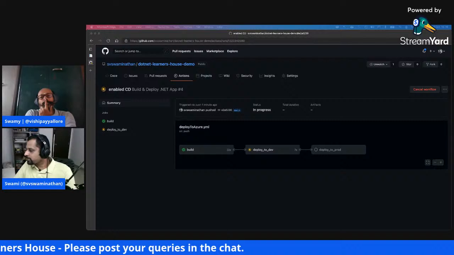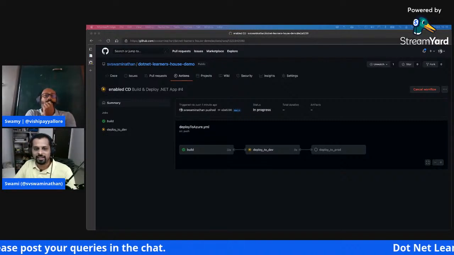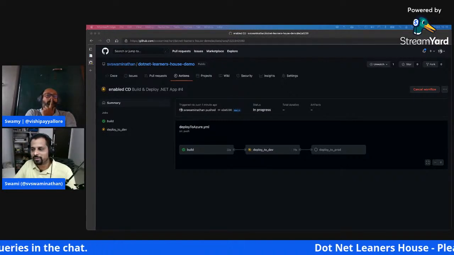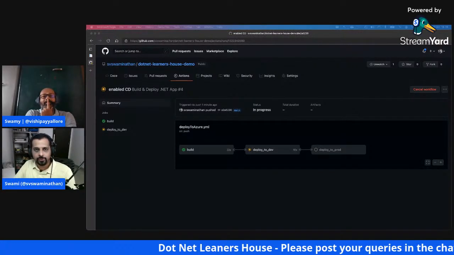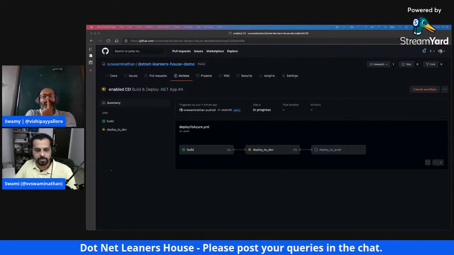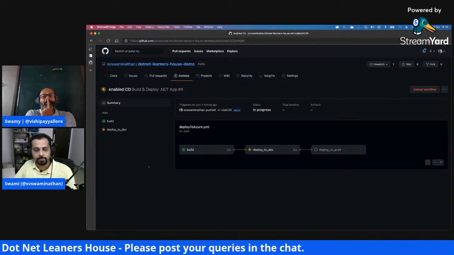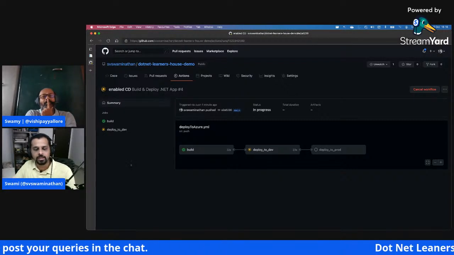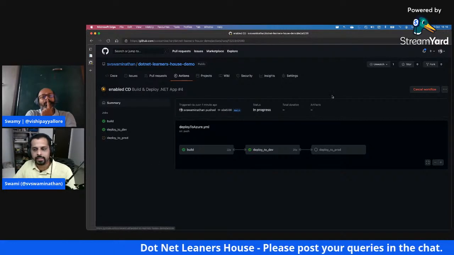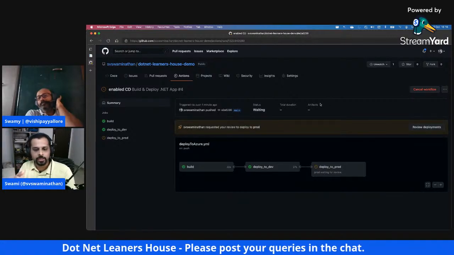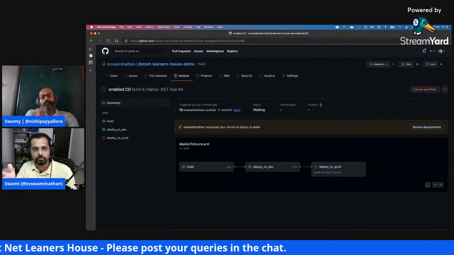Yes, I believe VS Code has internal support for YAML. Yes, of course it has. I was trying to show the easier route to take it from here. Definitely you can use VS Code. One other thing you would need to be mindful of if you're committing from VS Code: for example, if you're using a PAT, which is a personal access token, you need to ensure you check the workflow access for that. Otherwise, if you're using a normal PAT, it will not allow you to commit your workflow file. See here, I went here and then directly when I said new workflow, GitHub automatically created that .github/workflows folder.